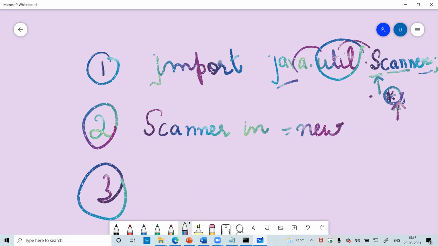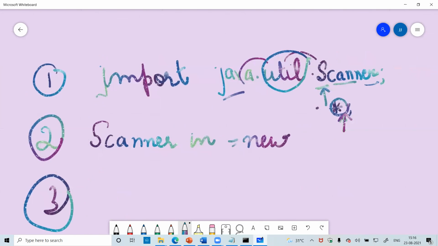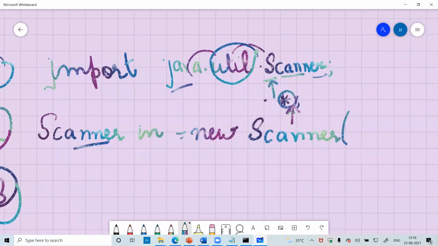In Java, we always allocate the memory during the runtime. New for allocation of the memory. Then after, again we write the same name, that is Scanner. Scanner, that is a class name, or we can say method. Within this method, we will write